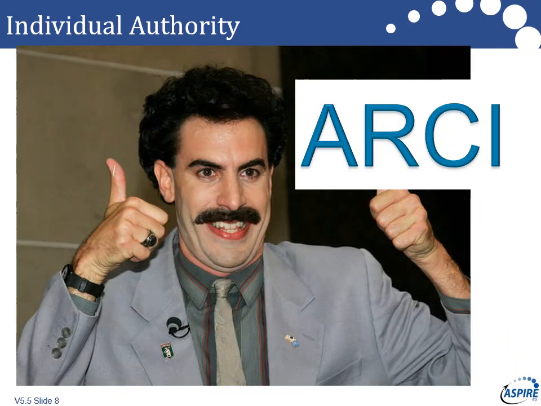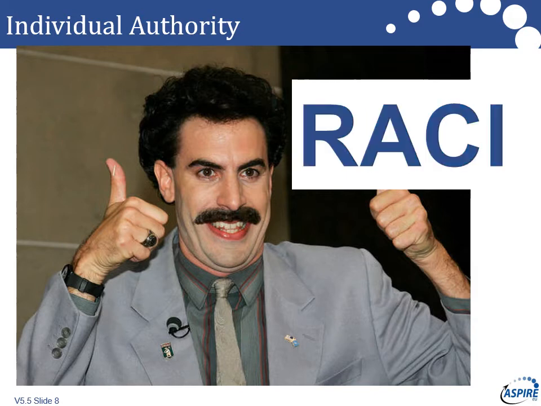Then we can think about individual authorities. So when we're designing our governance model, when I wrote the 2007 version of MSP, we introduced RACI, or you may prefer to call it RACI because it seems a bit more polite. But RACI is the way it should have been defined, because RACI stands for accountability, responsibility, consult, and inform. And RACI shows that accountability is above responsibility, which sometimes can get a bit blurry with the RACI model.